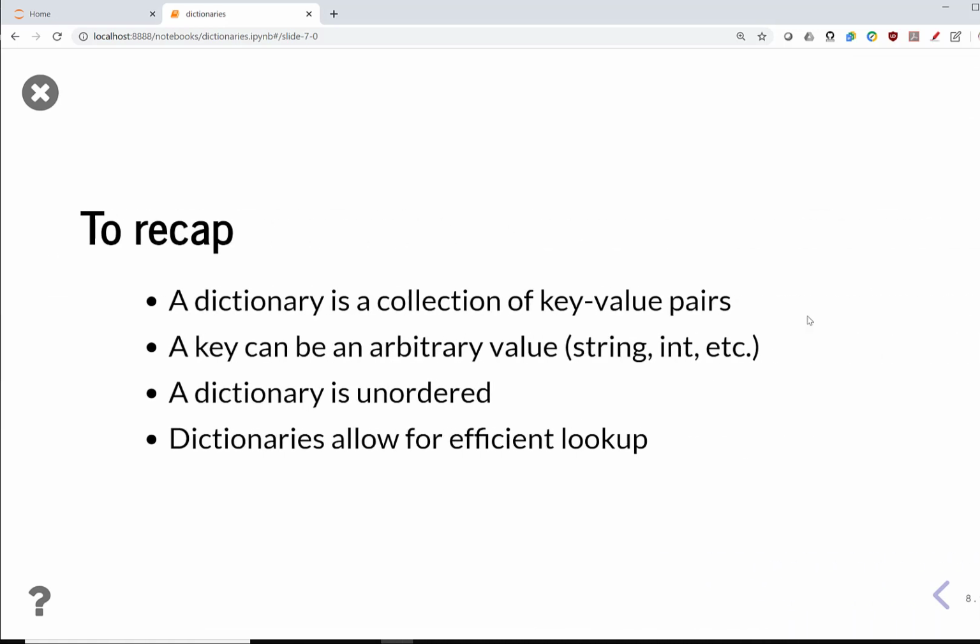Now, just to conclude, a dictionary is just a collection of key-value pairs, and it's good to remember that a dictionary is unordered, and the key of a dictionary on which we do a lookup is an arbitrary value that we specify. It could be a string, could be an integer, etc. And then finally, this is something to know, although we can't get into it in any detail, is that dictionaries are very, very efficient